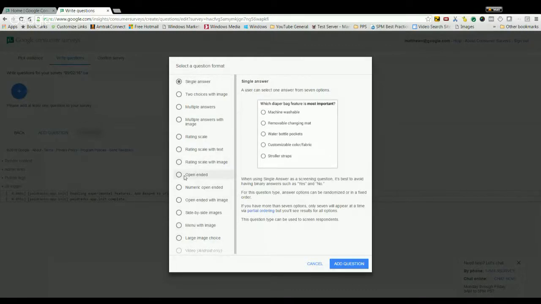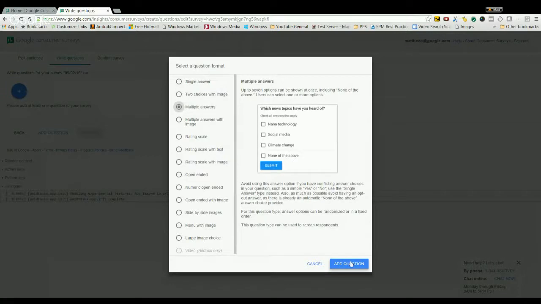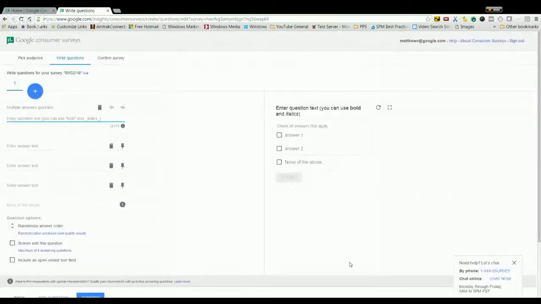And then there's an open end as well. So you can essentially enable this for users to just type in an answer. I'm going to choose multiple answers for this one to add a question. And I was driving in today and on the radio we're talking about